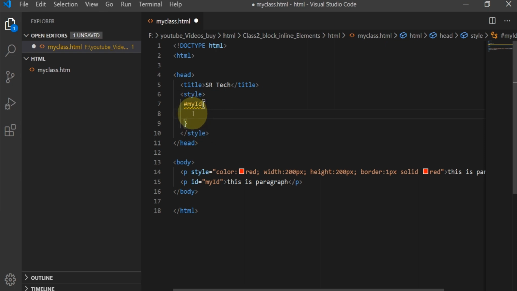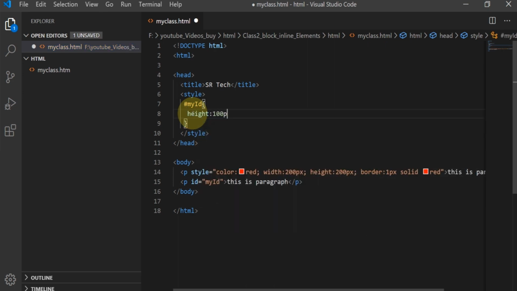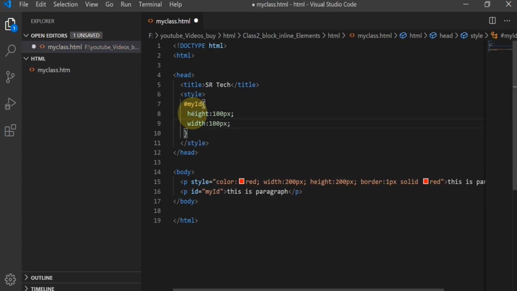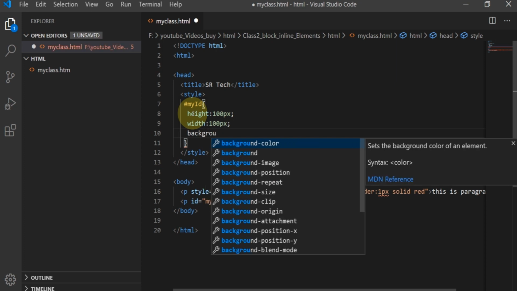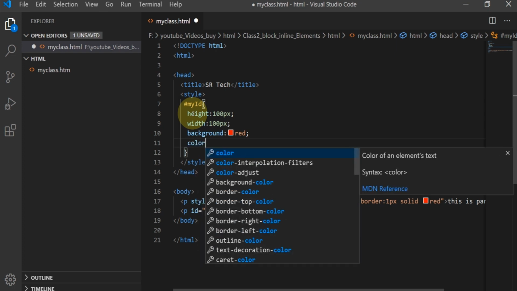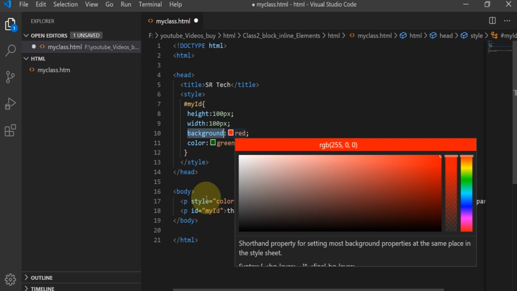Here I am going to write some CSS properties: height 100 pixel, width 100 pixel, background red, color green. Here I am setting height 100 pixel to this paragraph and width also 100 pixel. For this paragraph the background is red and the text will be green.